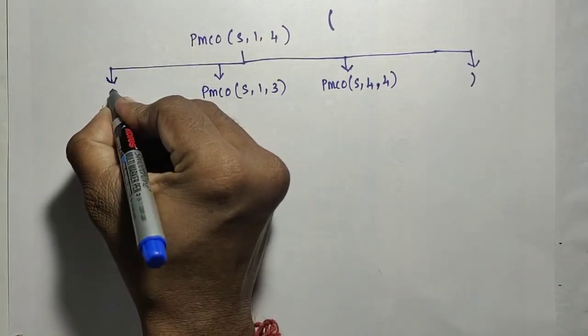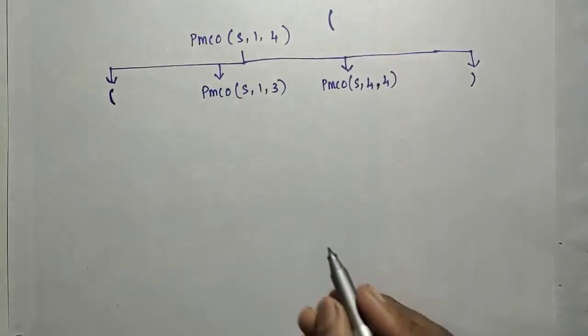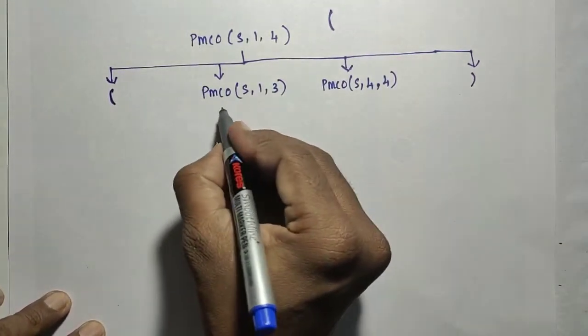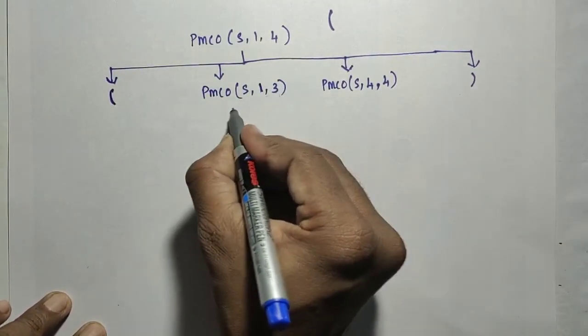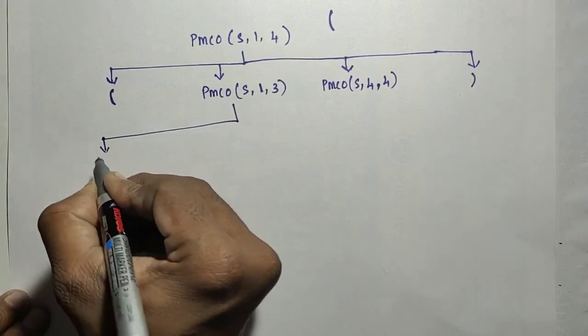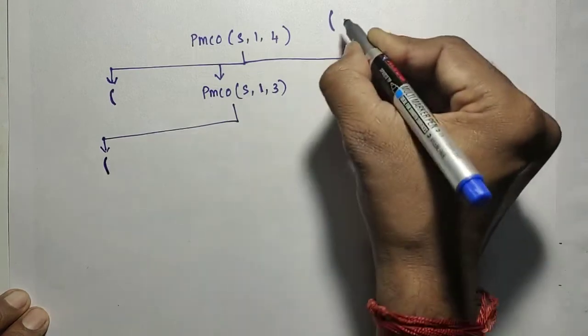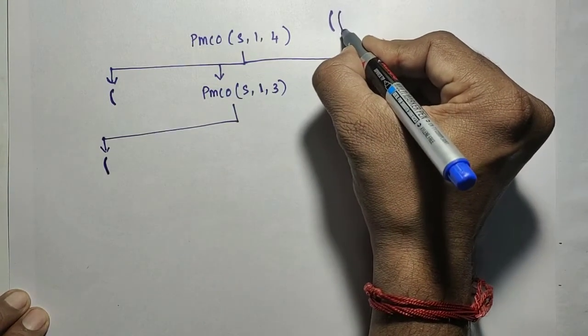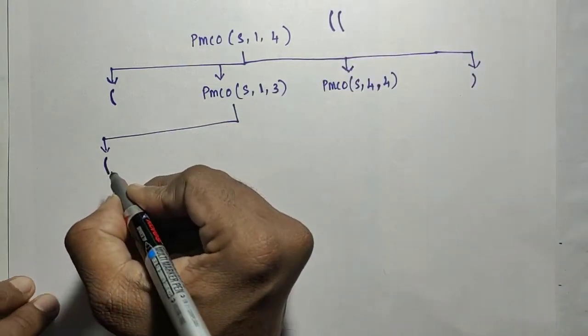First it will print this one, it will be there in that output screen. Next it will execute this one. In this execution, i and j are different. i and j are different means again there is an open parenthesis. So the open parenthesis will be printed on the screen. Okay, this will be this one.